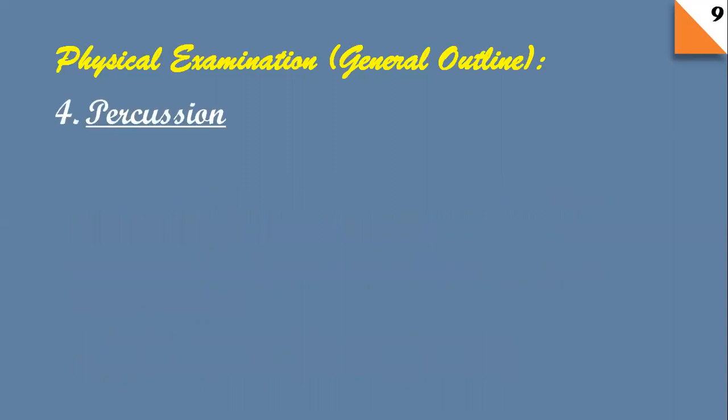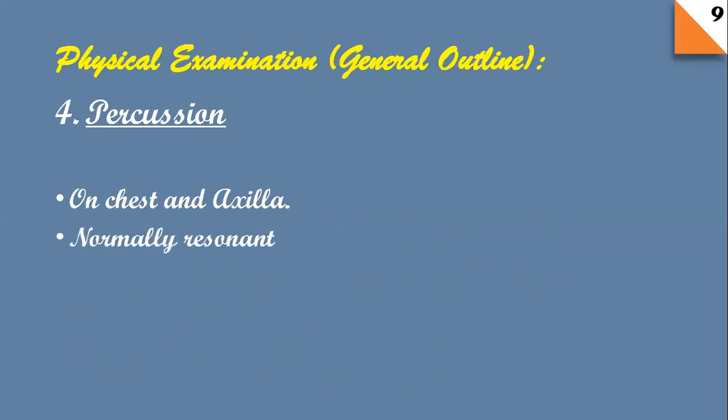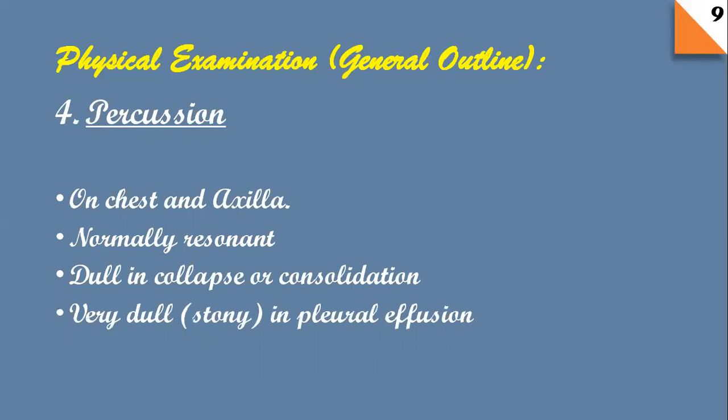So the next thing we do is percussion. In percussion, we do it on the chest and axilla. Normally, percussion on the chest and axilla would give us a resonant sound. However, in cases of collapse, as seen in lung atelectasis, or consolidation, as seen in pneumonia, the sound becomes dull. In cases of pleural effusion, it becomes stony, or very, very dull, and sounds as if we are